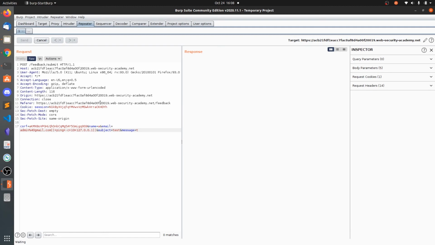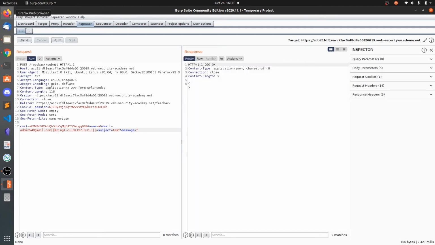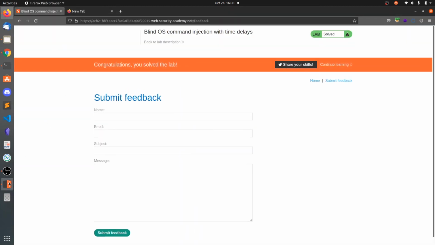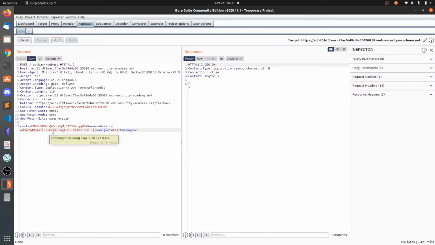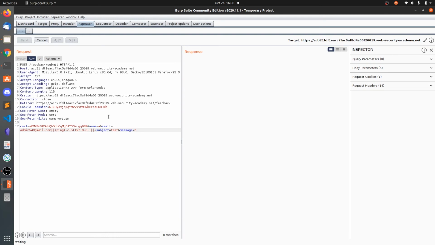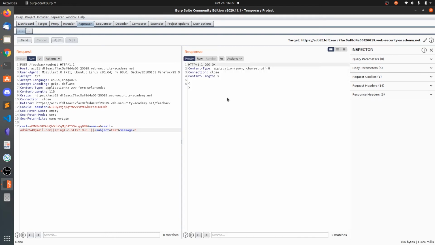Okay, I think we can see the delay in the response. So you can see, okay, we need to change the payload. Sorry for that. So you need to test for all the parameters here, and by changing these payloads. Okay, this is about inducing the time delays. So you can also reduce the time delay to, let's say, 5 seconds. And you can see after 5 seconds we got the response.